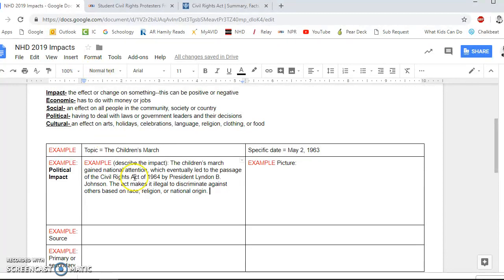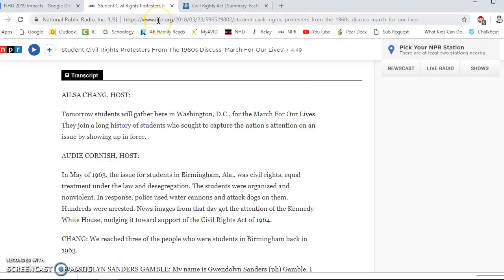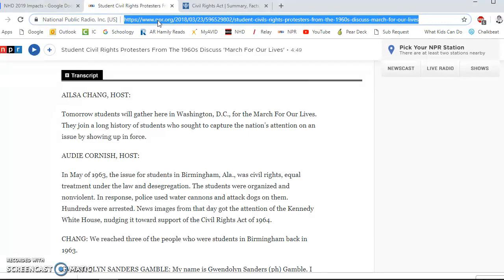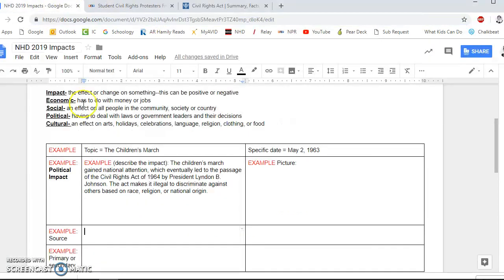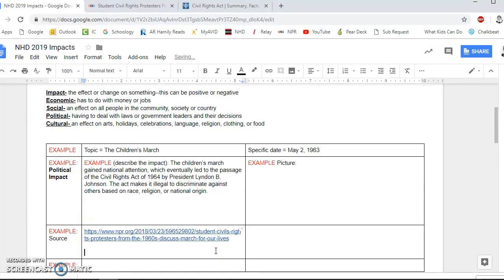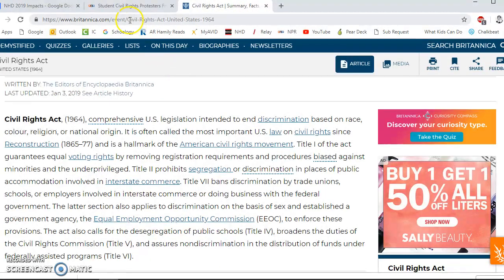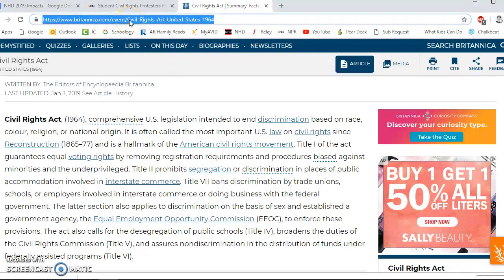Great. Okay. So I've described the impact. This is the so what factor here. This act makes it illegal to discriminate against others based on race, religion, or national origin. Now I'm going to go ahead and copy and paste the source I use. I kind of use both here. This really helped me. So I'm going to go ahead and Control-C, copy the NPR source first, Control-V to paste it. But I'm also going to go ahead and include Britannica because that was also very helpful to get further information. So Control-C,